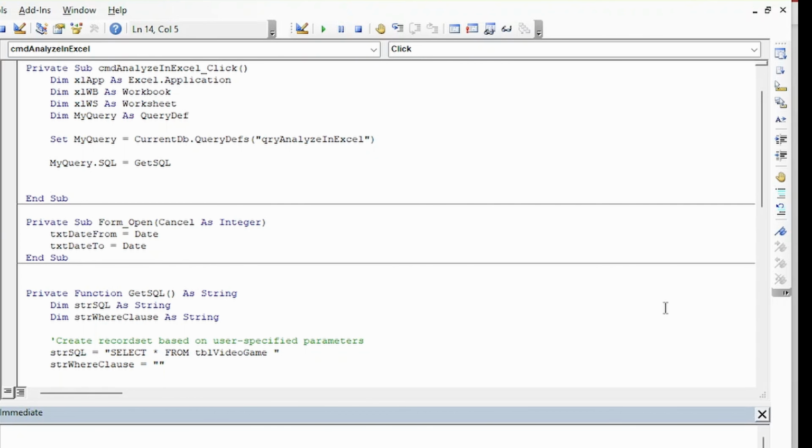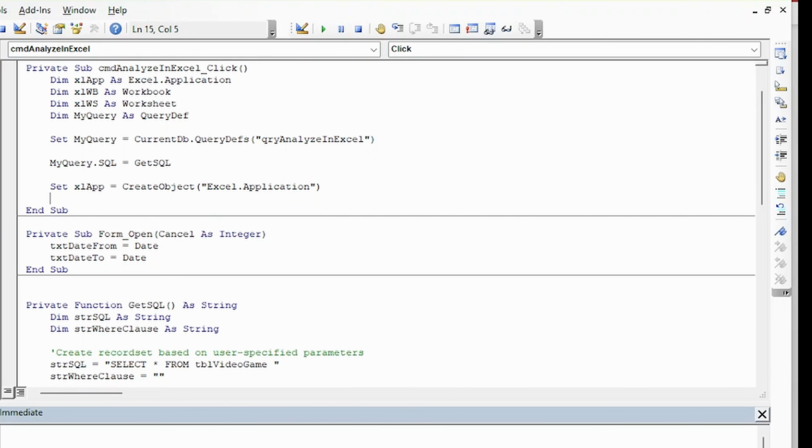Okay, and the code for that is to set Excel app equal to create object. We're going to pass it a string parameter, and it's just going to be Excel.application. Okay, now we need to set our workbook object, so we just come down here and say set Excel WB equals Excel app. We can reference that application object now,